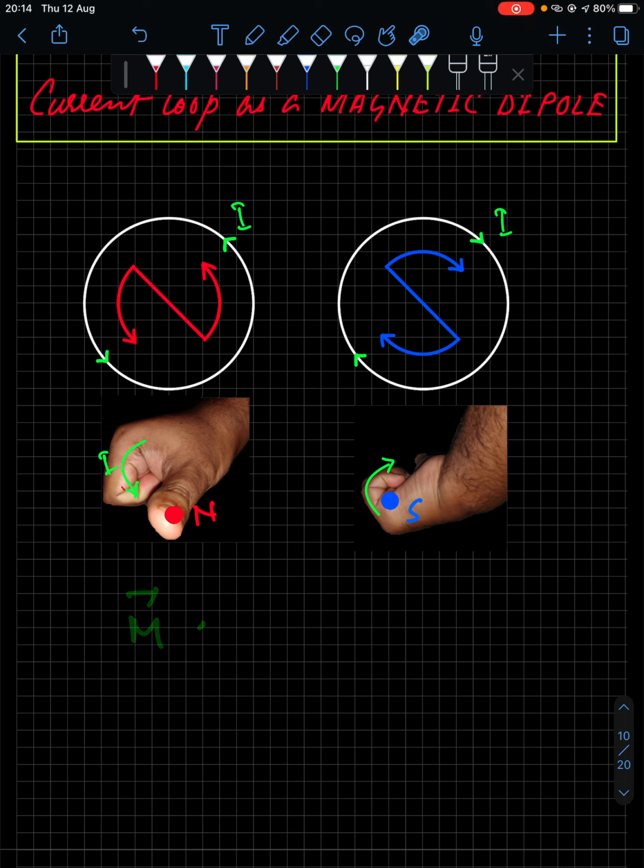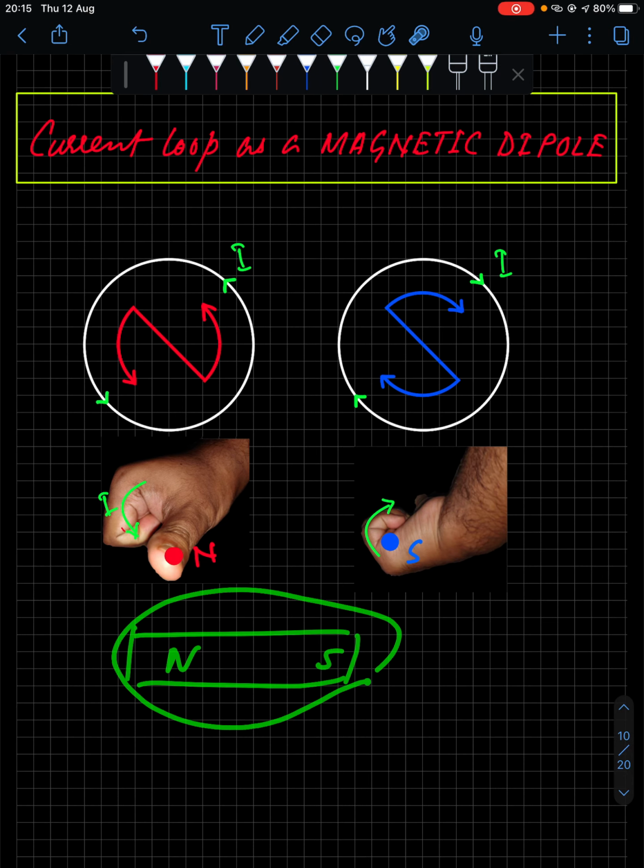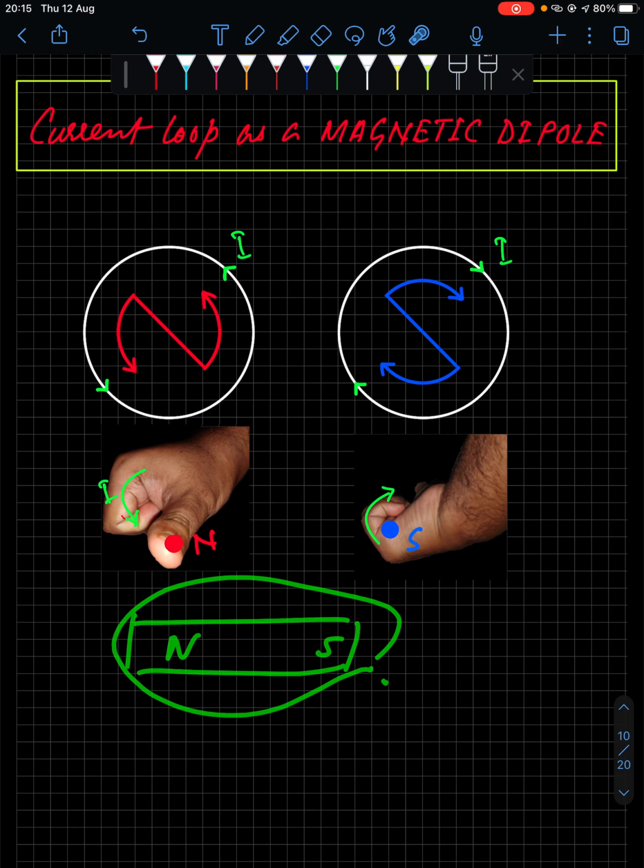Now that magnetic moment we talked about, what is this magnetic moment actually? Magnetic moment tells you the strength of a dipole. Since this current carrying coil is behaving as a dipole, it has one north pole and one south pole, above the loop and below the loop. So this is behaving as a dipole. The strength of this magnetic dipole, or the strength of a bar magnet also, north and south, is represented by the magnetic dipole moment.